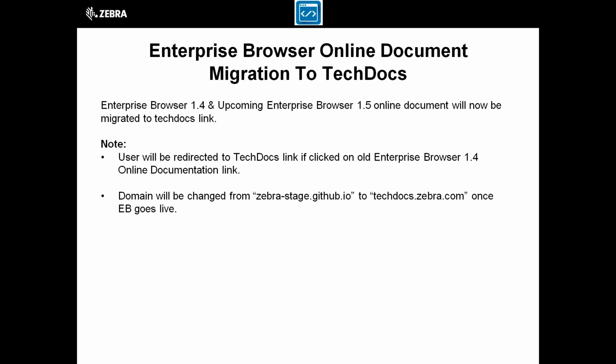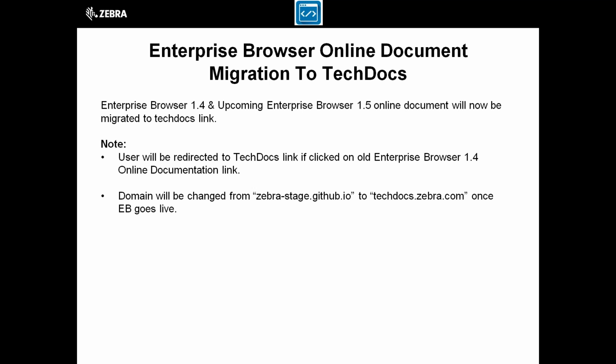Currently, for the EB 1.4 case, it was already released in January 2016 and already had the online documentation available for end users. So going forward, from the time when EB 1.5 is released, if a user hits the older EB 1.4 URL, it will redirect to the TechDocs link for Enterprise Browser 1.4 online documentation.